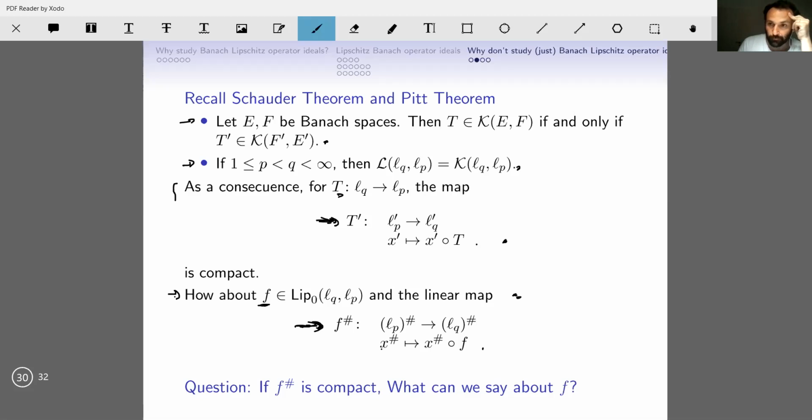So recall the universal property of the Lipschitz-free space. If we have